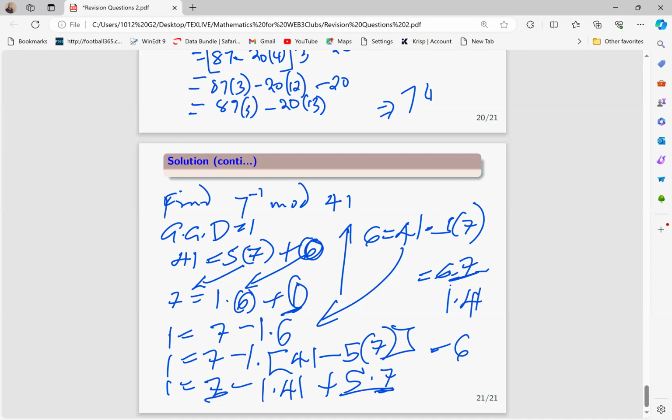Now, you see, the importance of finding the inverses is that, again, we can use them to solve equations. Is that okay? For instance, if I was to begin from what he has just done, if I was to be given any equation involving 7 and 41, I now know the inverse of 7. Is that okay? So for instance,